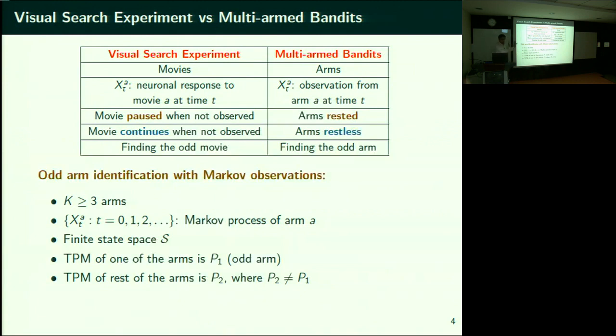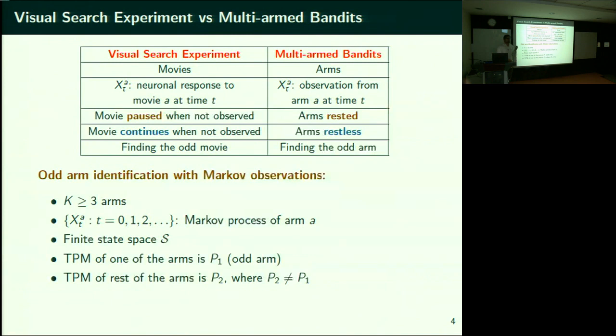So in the movie example, just go back to the movie whenever you feel all of this is abstract. One of the movies was moving in a certain direction. You can associate a transition matrix between various frames in that movie, and then there are other movies, and you can associate a corresponding transition matrix for each of those other movies as well. So there is one of them which is P1, all the others are P2. The goal is to identify which is P1 as quickly as possible.